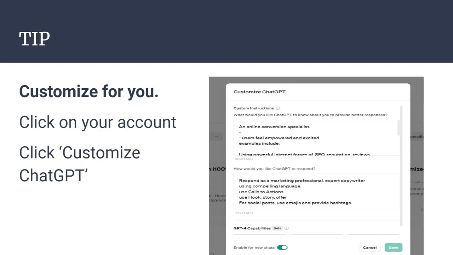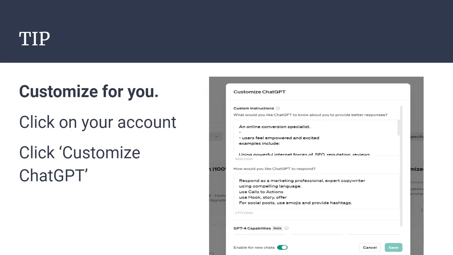Now, here's a big one. So getting custom output. One of the things that people talk about is everybody's using ChatGPT, so they all get the same answer. Well, here's where you can teach the system, train the system to respond like you would. And there's a couple spots in here, and it's under the account settings, right?